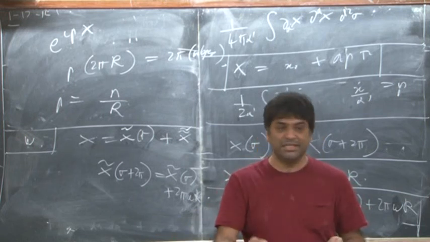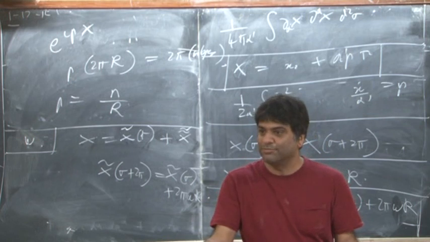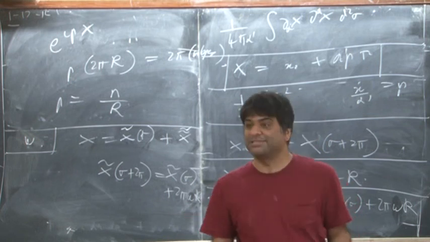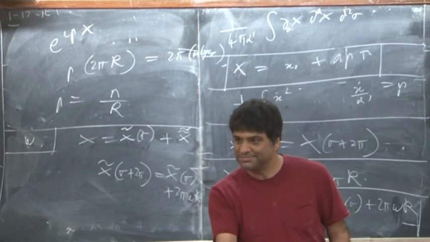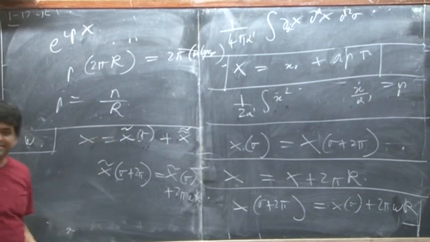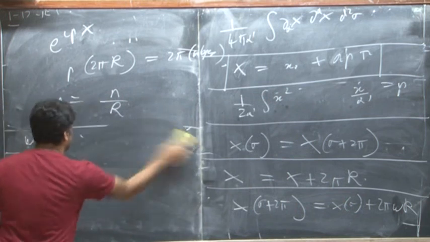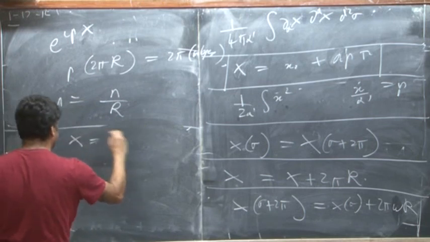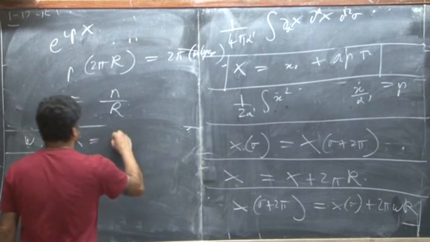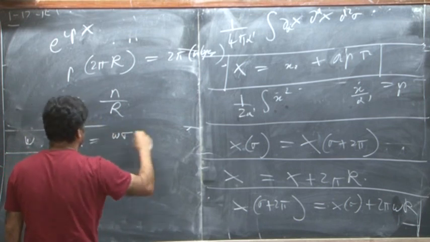We didn't have this linear function in sigma before, although it solved the equation of motion, because it didn't obey our periodic boundary conditions. But now, in fact, we have to have such a thing because we need it to obey the boundary conditions. Okay? So, what is the convenient choice to make for x tilde? It's very clear. So now I'm going to stop writing such complicated notation. X is equal to, I'll just write what we need. What we need is just W sigma R